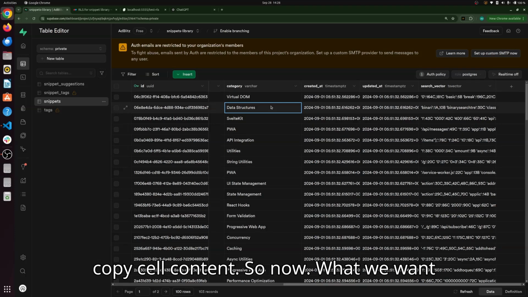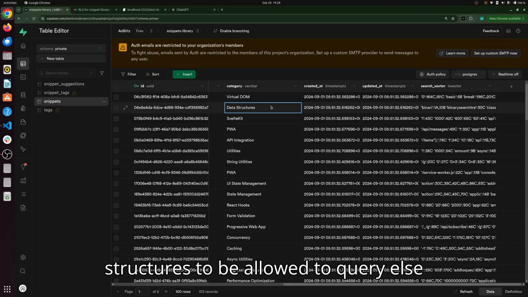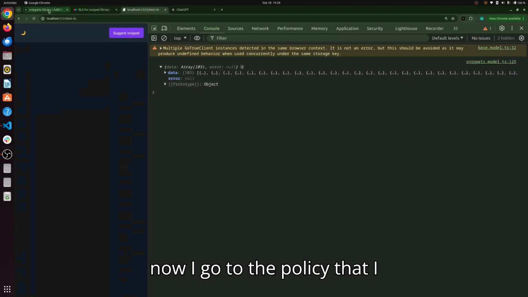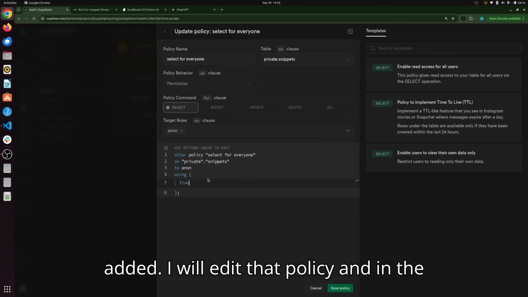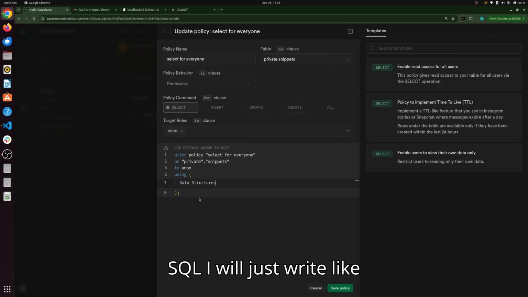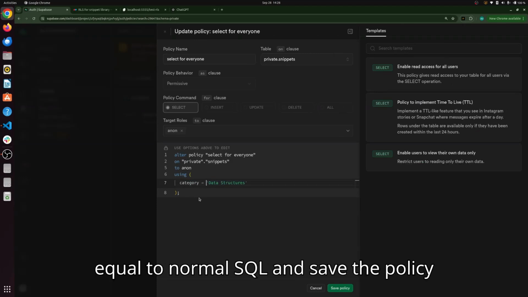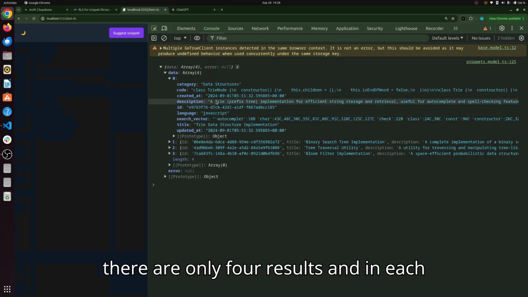Now what we want is to allow only the category that is data structures to be queried, else we do not want to allow. So now I go to the policy that I added. I will edit that policy, and in the SQL I will write the column name, category. So category equals, in normal SQL, and save the policy. Now when I try to refresh, you see there are only 4 results, and in each result the category